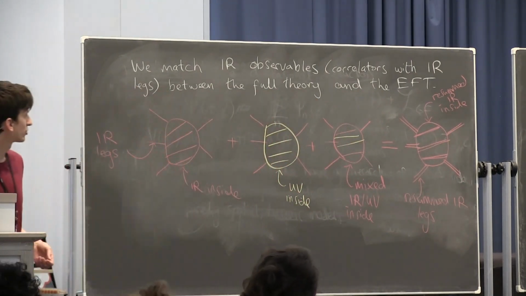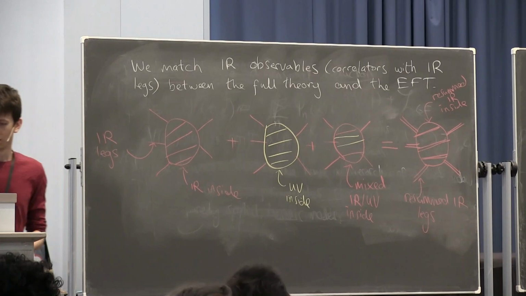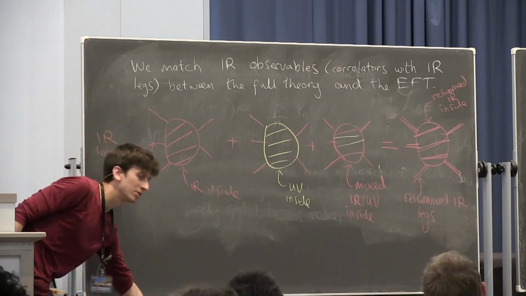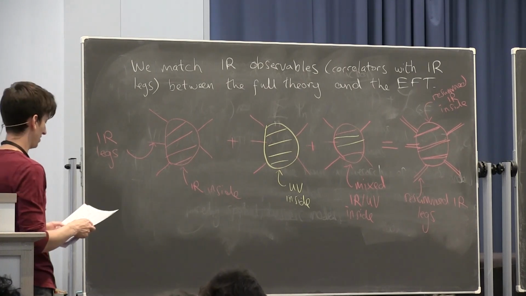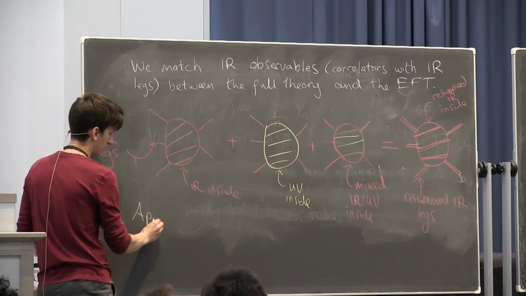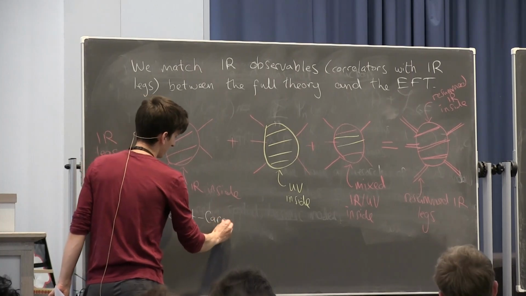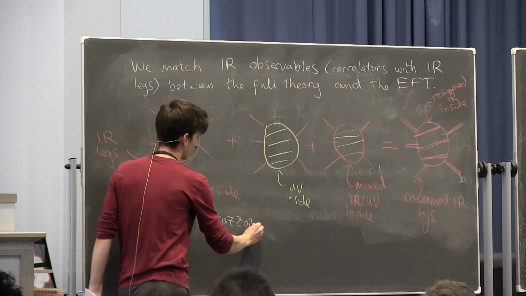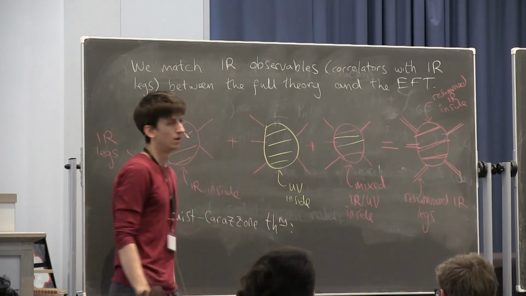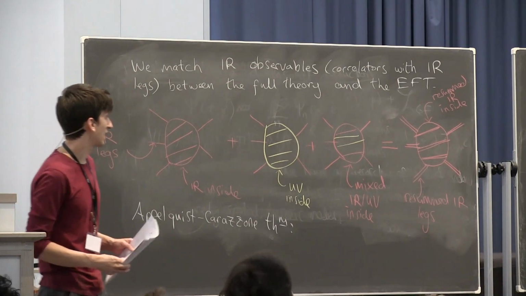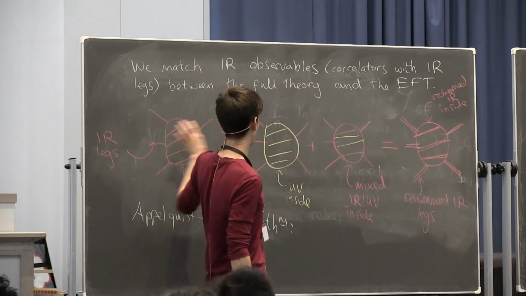Now, it's maybe not at all obvious that this is in general possible, that I can write an equality like this. It happens to be that it is possible, and this is a special feature of quantum field theory, essentially. Essentially, we have the Appelquist-Carazzone theorem, and this theorem tells us that there exists a choice of parameters over here such that this equality